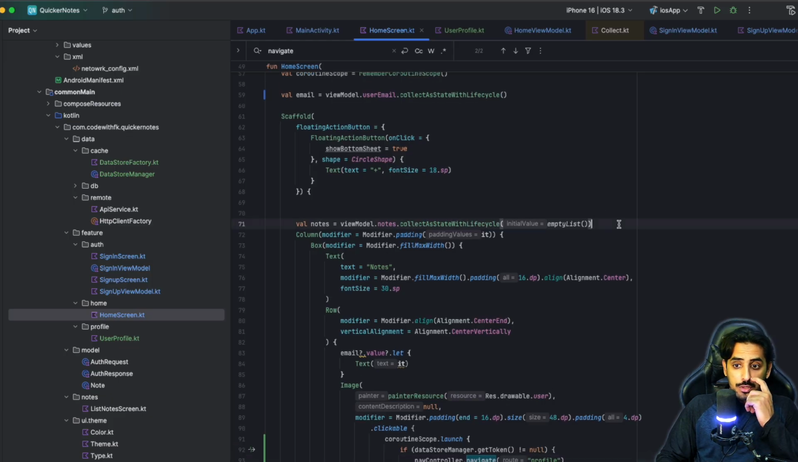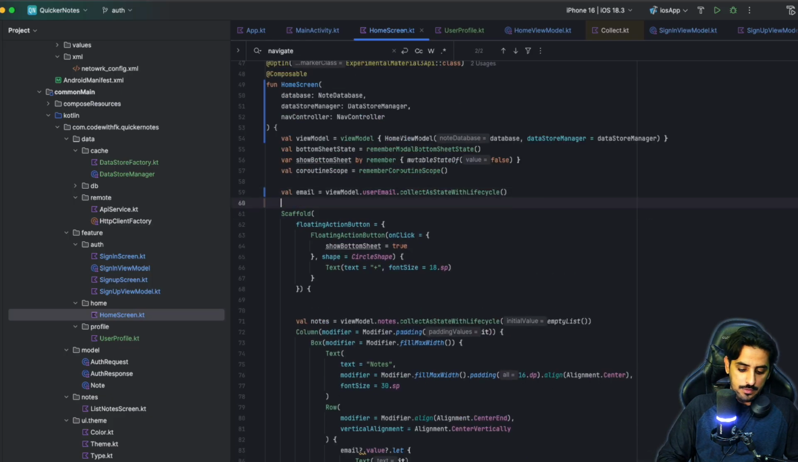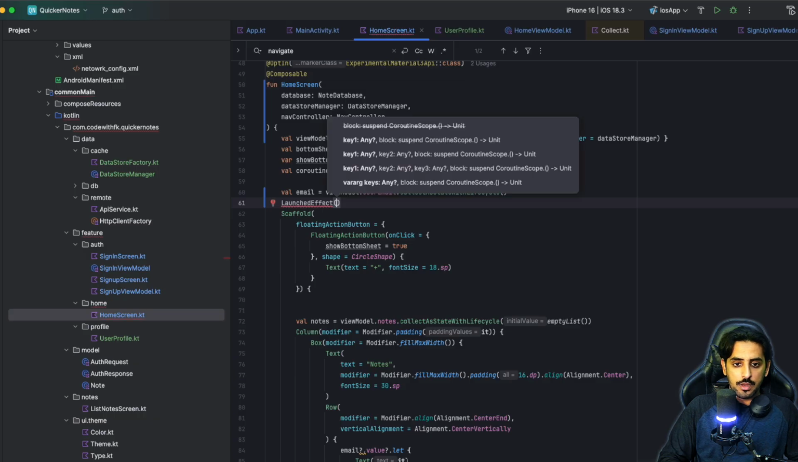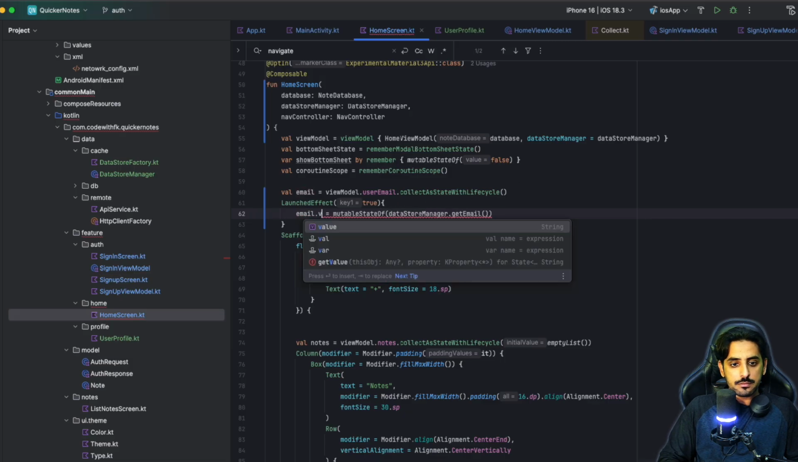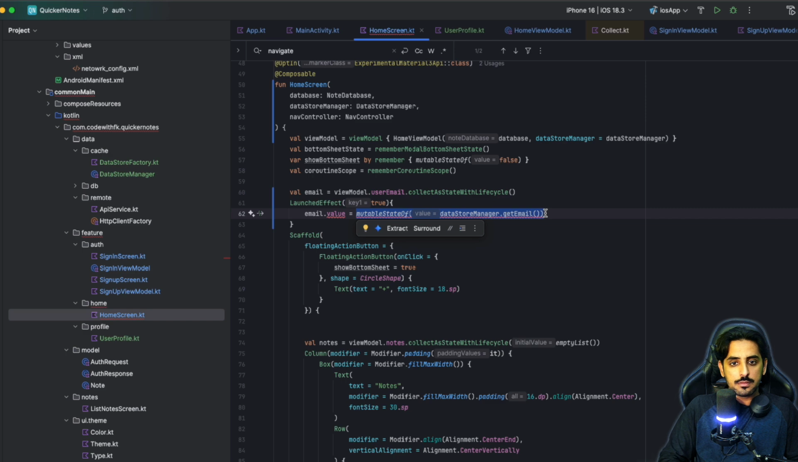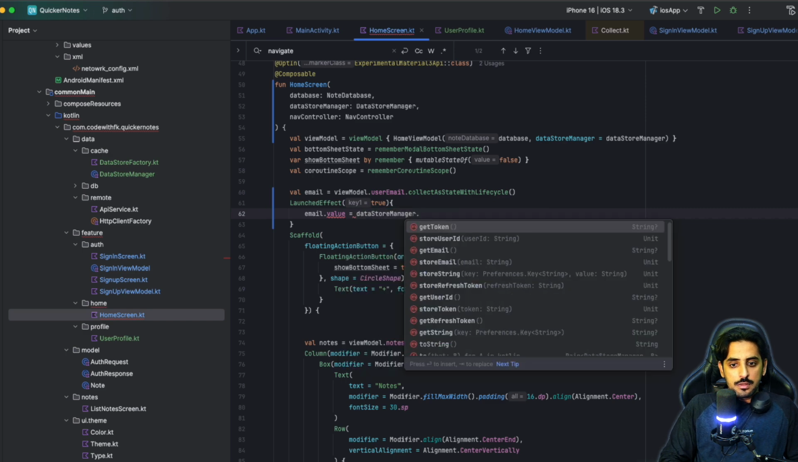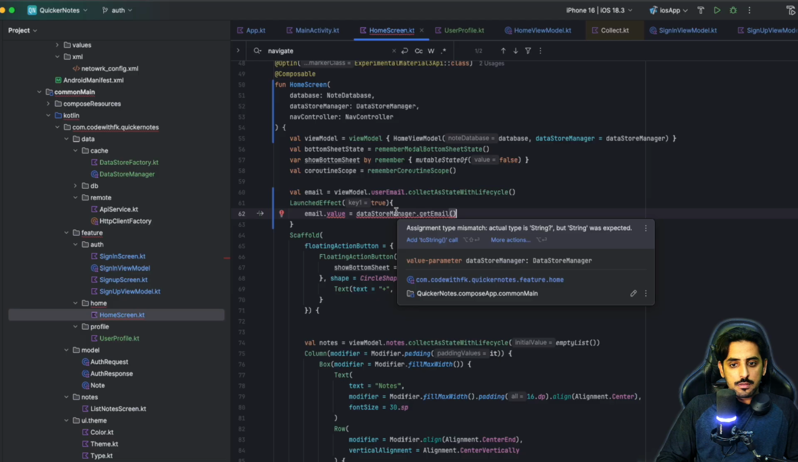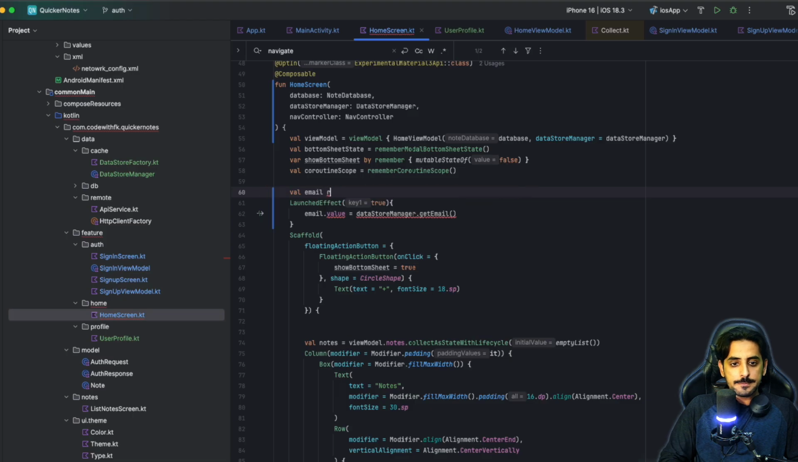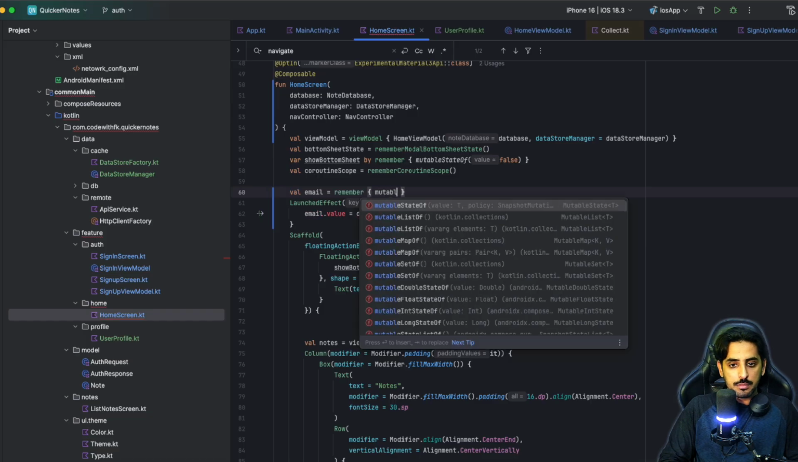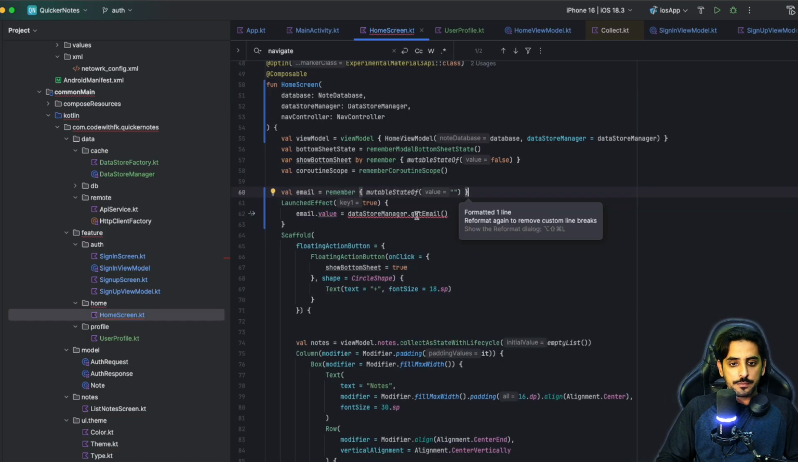What we can do is perhaps, I'm gonna use something like this instead of getting it through email. Let's use something like this. Remember, mutable state of simple string. Okay,